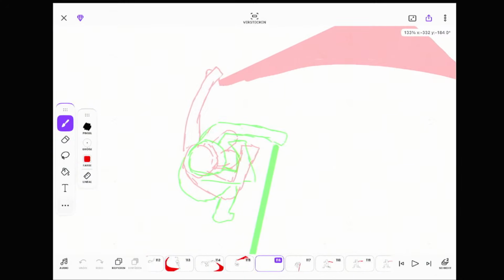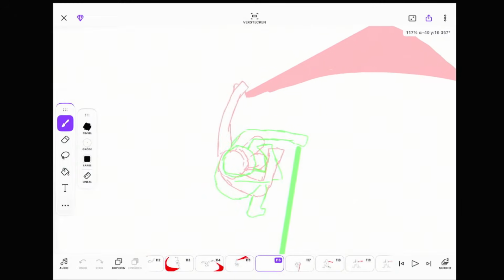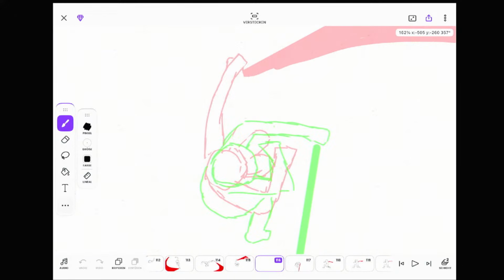Right here, he rolls a little bit more. His head.